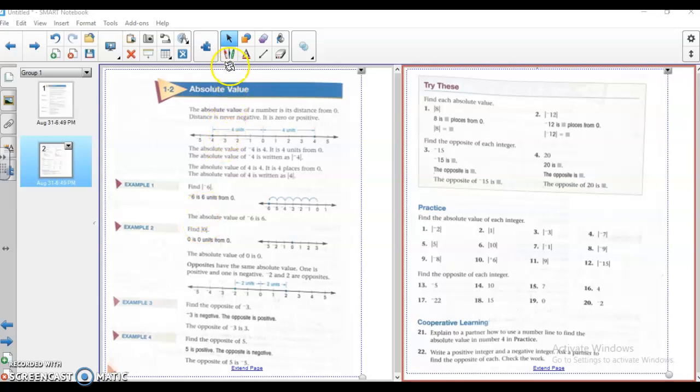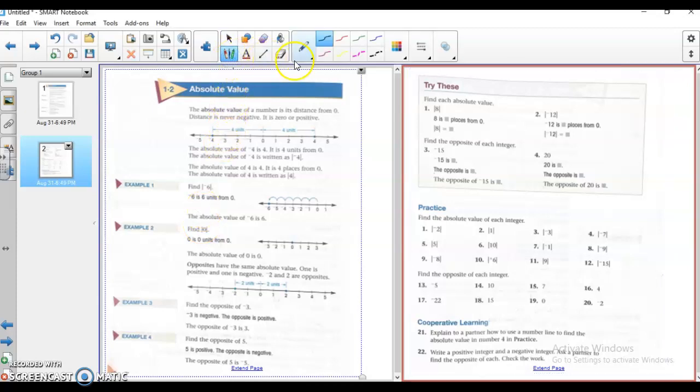Okay, this lesson is on absolute value, so we are going to get started right quick here. Reading at the top, chapter 1, section 2, absolute value. We did this already in middle school, so ninth graders, you should be ready to go. The absolute value of a number is its